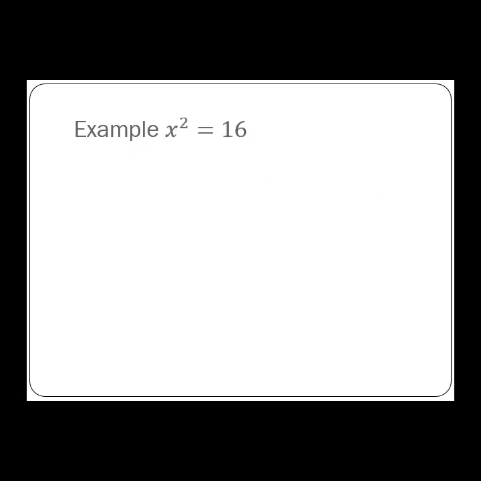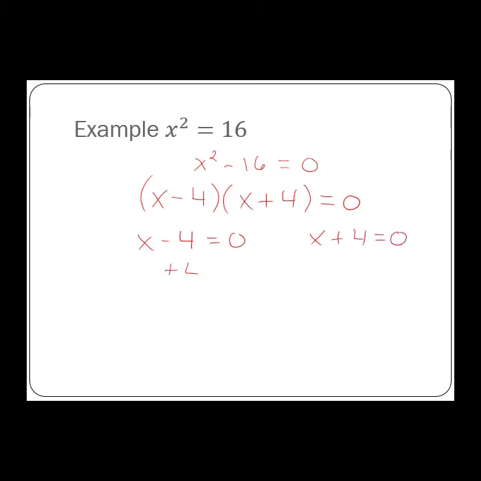In this one, we don't have 0 to one side, so first step is going to be to subtract 16 from both sides. And this is one of those special homework 28 problems. We have x minus 4 and x plus 4 equaling 0. It's the difference of 2 squares. And so factor 1 could be 0, or the second factor could be 0. So we get x equals 4